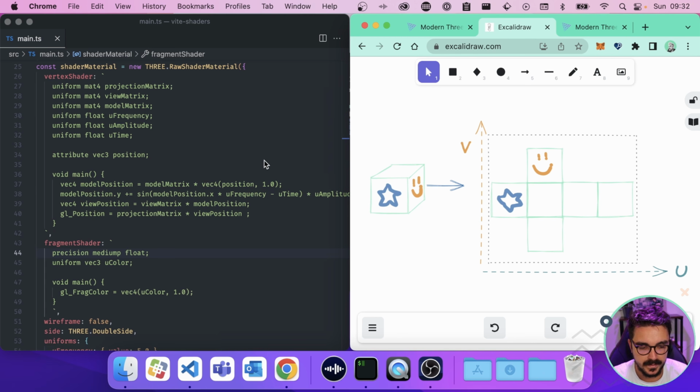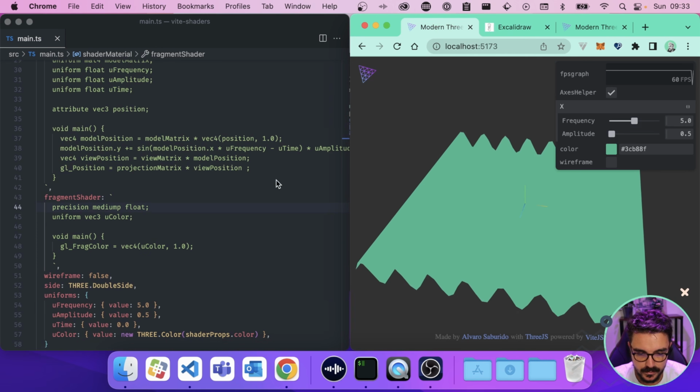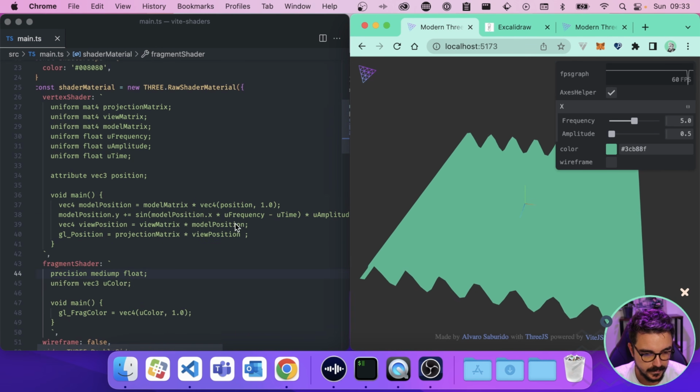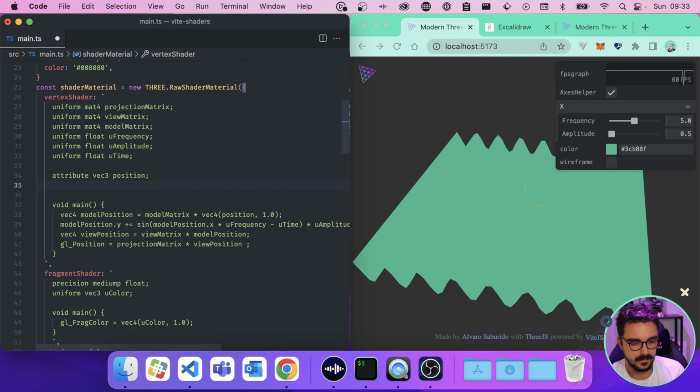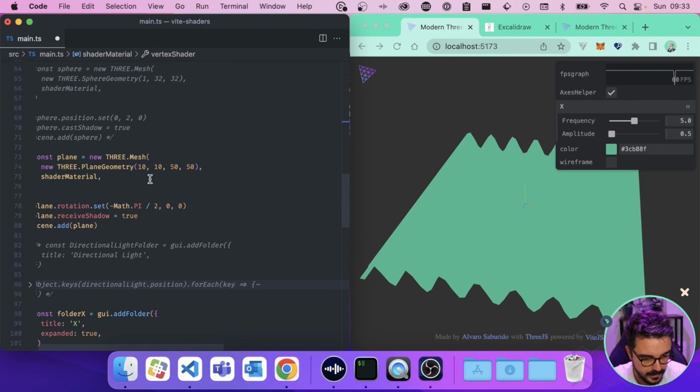Why am I explaining this part? Because we can actually use one of the attributes that come with each geometry to put some colors. Instead of uColor, we can use the UV map, okay? Because it adds some debug colors so you can see the difference in the geometry. Let's go back to our geometry here, and I'm going to show you exactly what I mean. So we have our plane here, right?